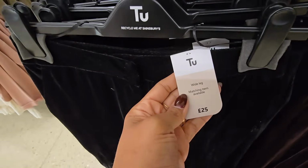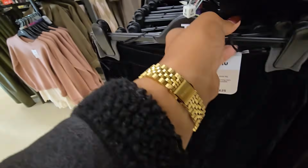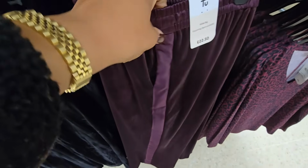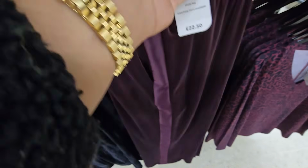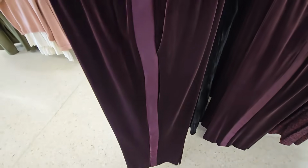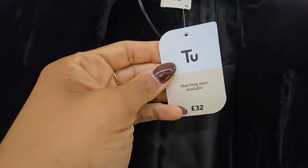We had some velour wide leg trousers here, really different, not really my cup of tea. These definitely reminded me of Christmas time. I feel like this kind of trouser or this kind of material is definitely worn around Christmas time. But yeah, there was a burgundy pair here with that sort of silky stripe going down the side, and it